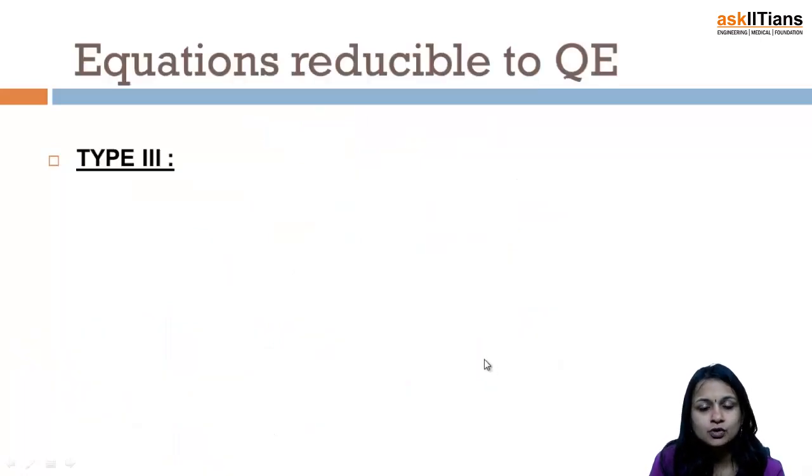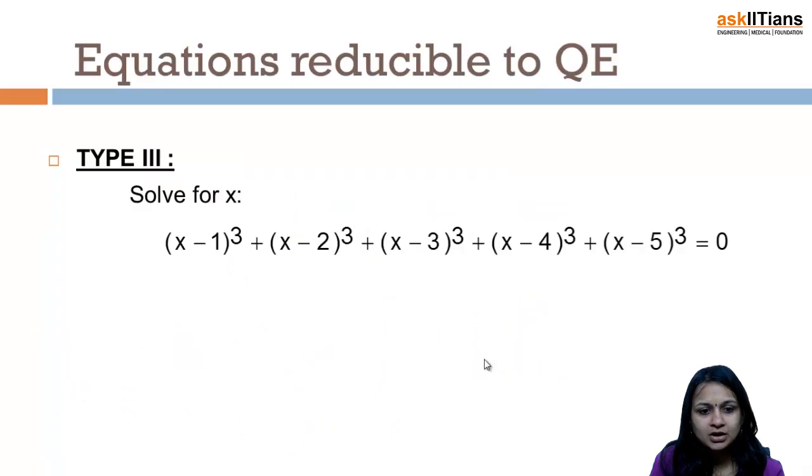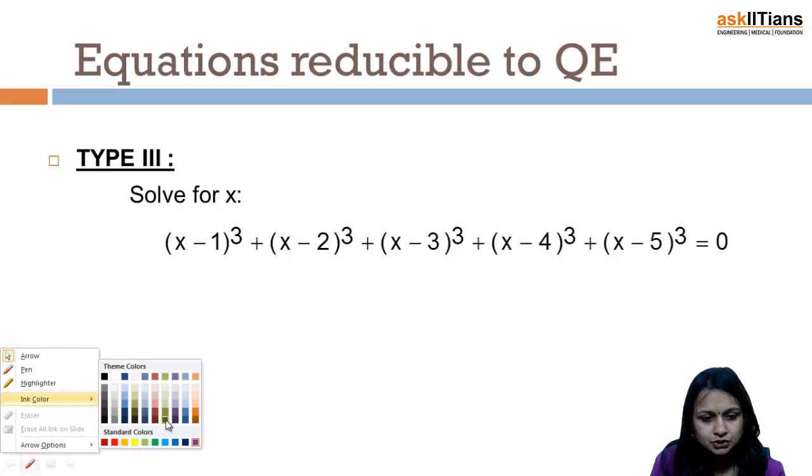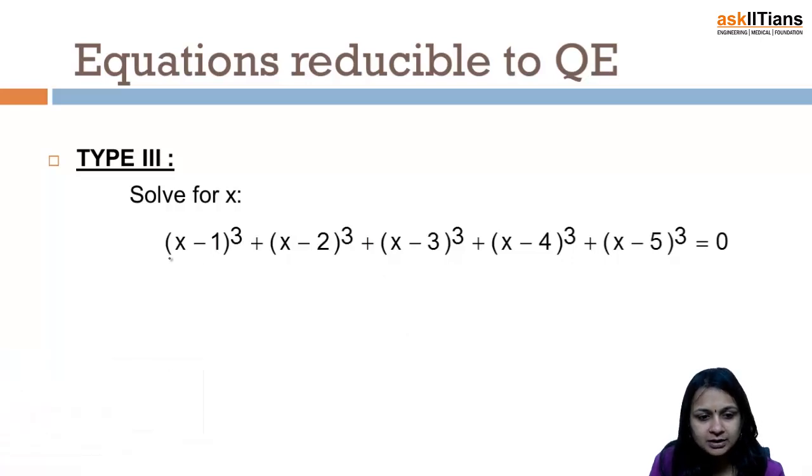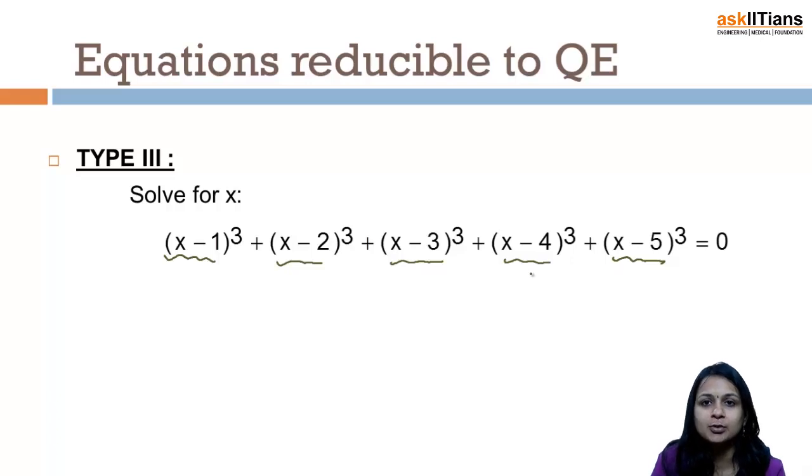Now let's move to the third type, wherein we have to solve this for x. Now this looks similar to the previous one if I look at it carefully, because I have various expressions in the same variable: x minus 1, x minus 2, x minus 3 and x minus 5. Though we have put it in a different category, because here we are not having only three terms in the same variable, rather we are having more. But here speciality remains the same.